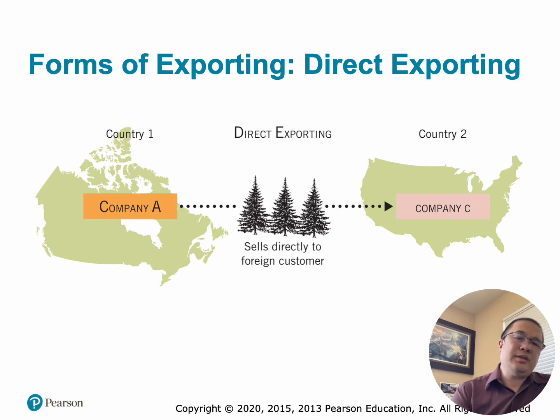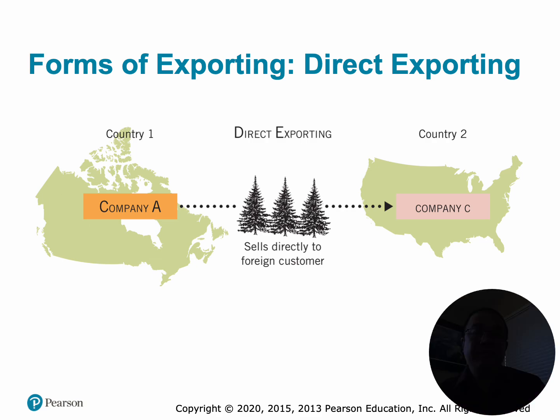However, there are disadvantages of direct exporting. This includes higher costs, so it requires export staff, international marketing, and logistics expertise. Greater risk. Company bears risks related to foreign regulations, currency fluctuations, and non-payment. More complexity. Must arrange customs, shipping, legal requirements, and foreign business practices. And then it also requires international expertise, so companies need knowledge of foreign markets and regulations.